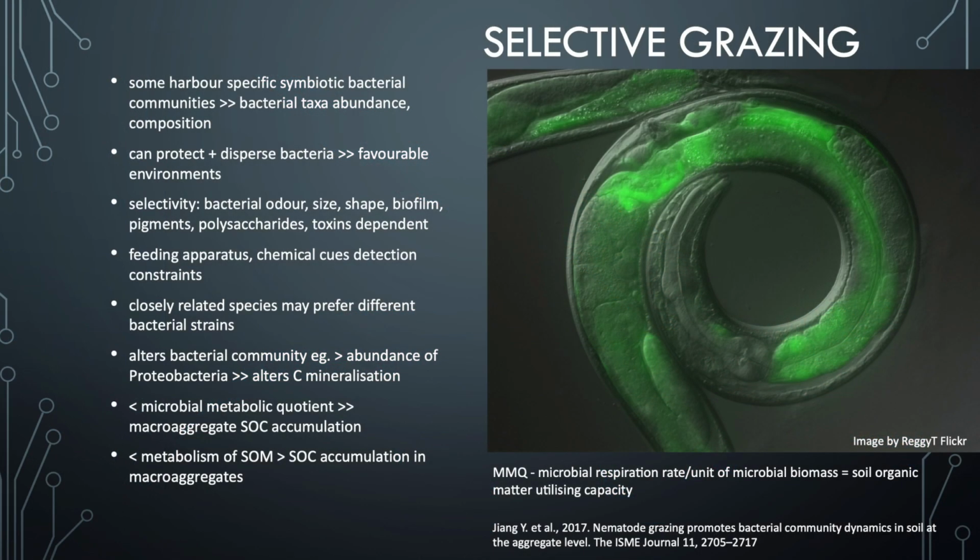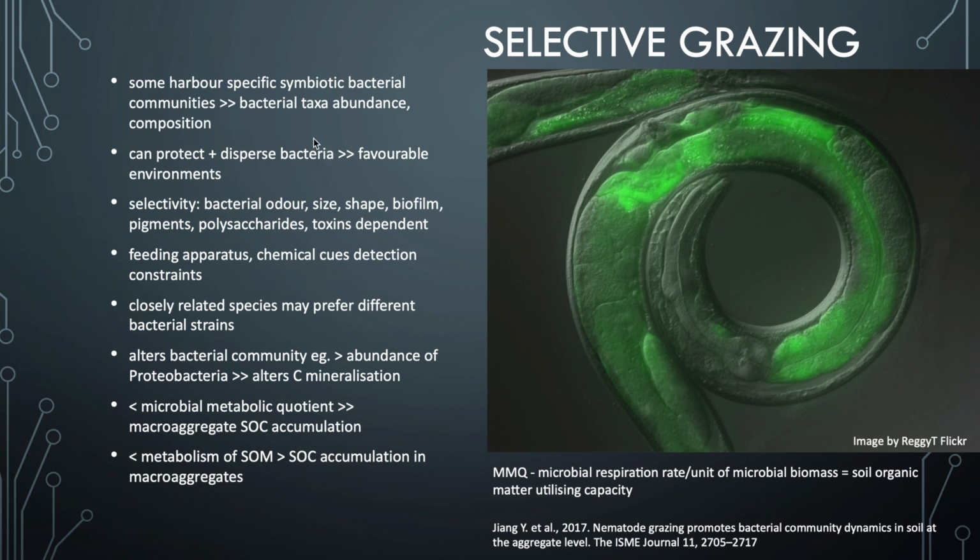Just like us, each organism, including nematodes, selectively chooses its foods. They don't all love the same foods, and they are all specifically structured for specific foods. But some species of nematodes harbor specific symbiotic bacteria in their guts and on their cuticles, and this affects bacterial taxa abundance and changes the composition of the soil bacterial community, because nematodes can transport and deposit different bacterial taxa, sometimes in places where these taxa are not present.